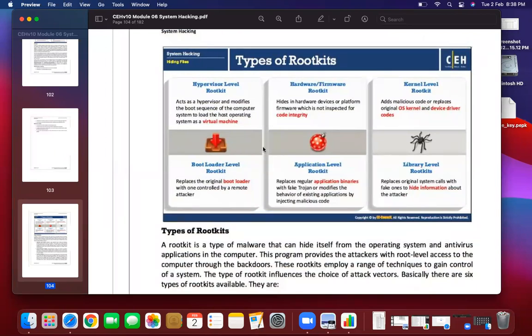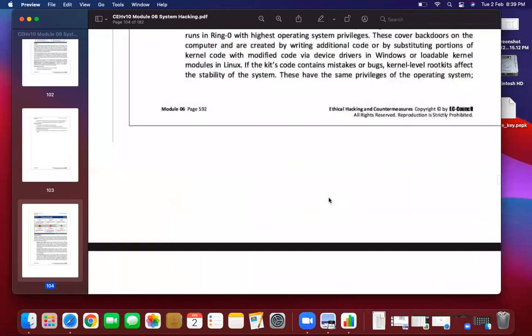There is not much difference, and the difference will be easily understandable when we use the rootkit tool. Hypervisor level includes virtual machines, hardware or firmware level includes code integrity, and kernel level is generally based on the OS kernel and device driver code. I'll explain the difference later in the practical.